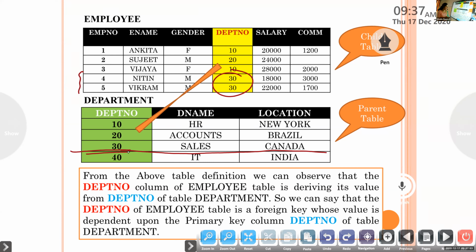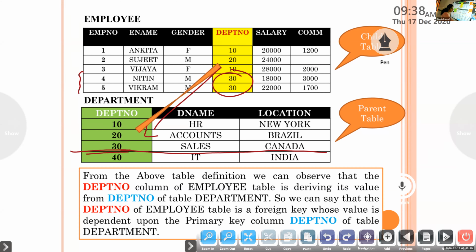This kind of relationship is called a referential integrity. What is that called? A referential integrity. Referential means you are referring this. Integrity means the proper data entry without any mistakes. So what is referential integrity? The referential integrity ensures that no wrong entries are made in the table when you create a relationship.